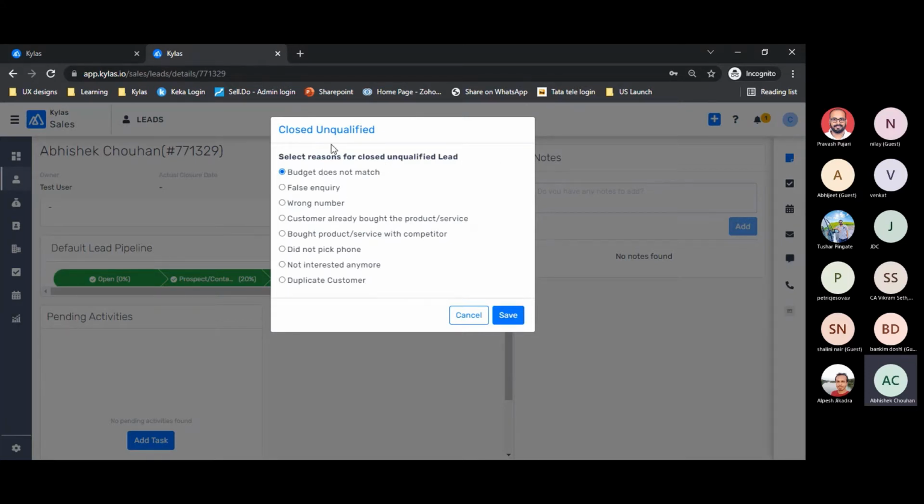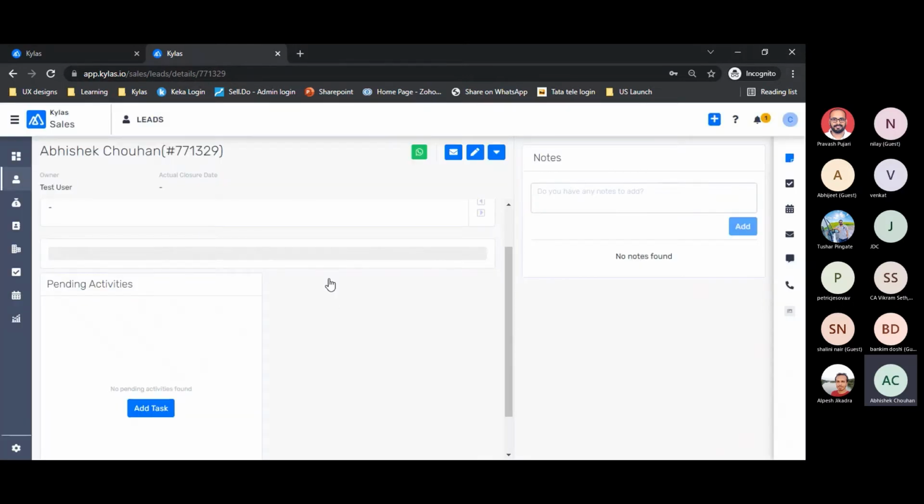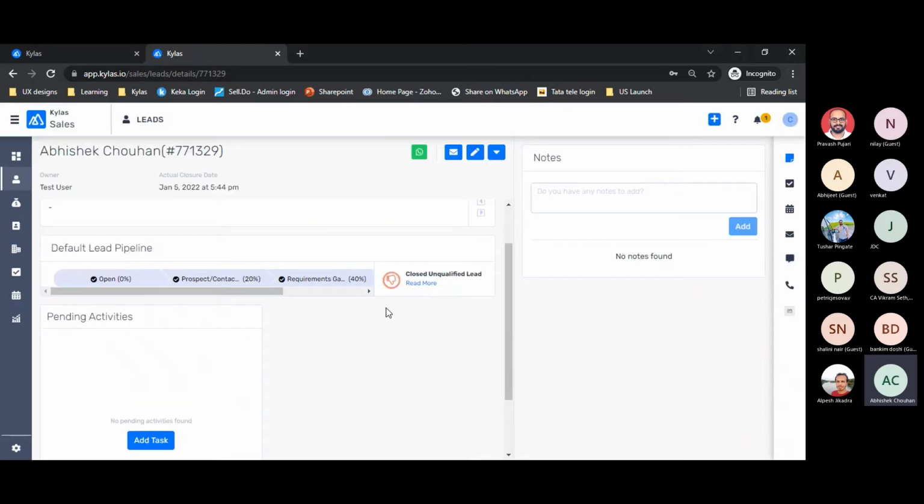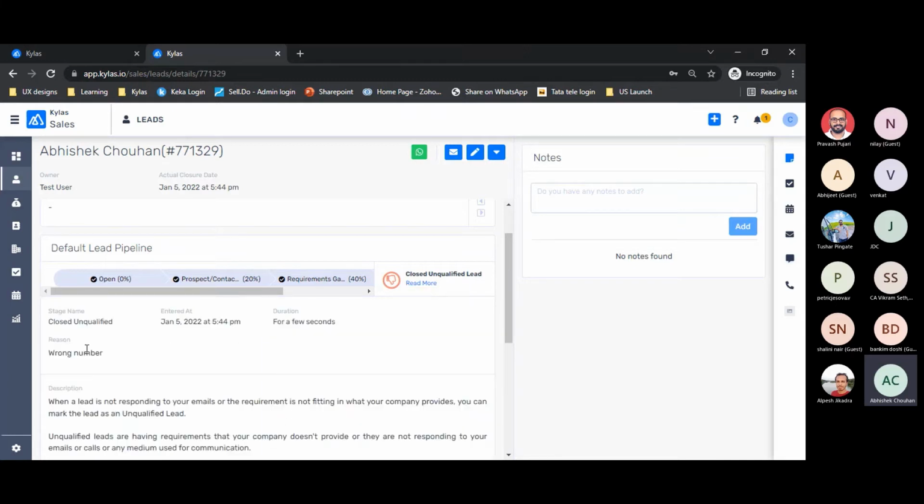Now why are these reasons important? Let's say I enter this reason as wrong number and I save this. What I can do is actually fetch a report. I'll show how we can create reports in pipeline, but eventually I can fetch a report based on this, showing how many leads were unqualified because of some reason, for example, wrong number.